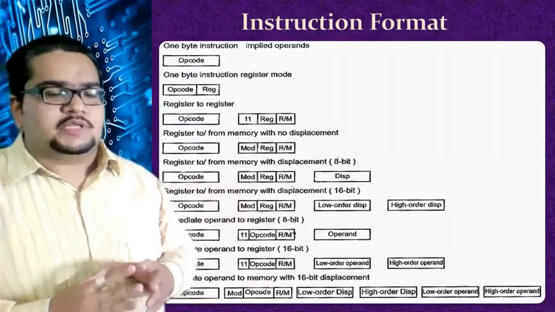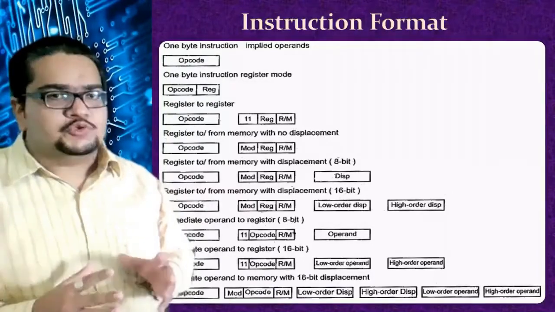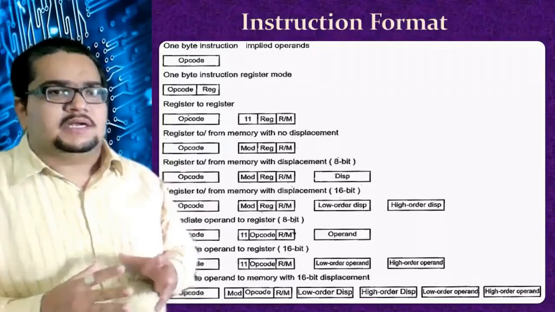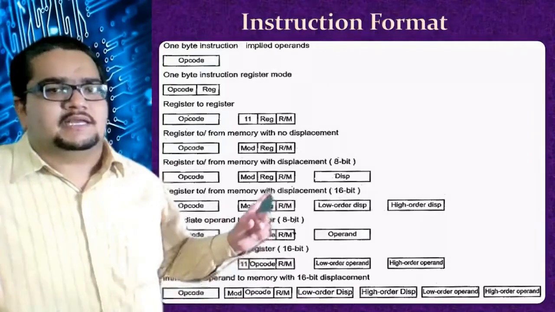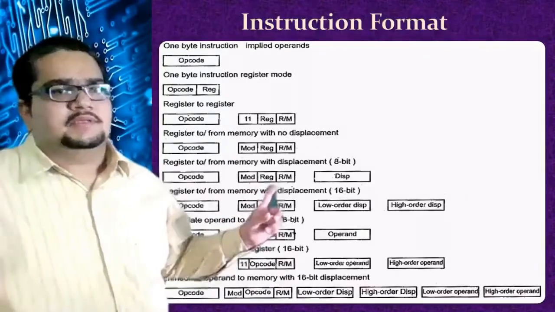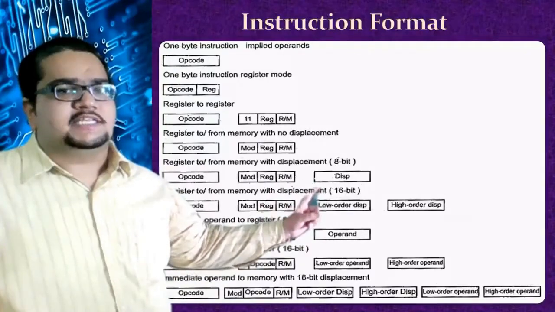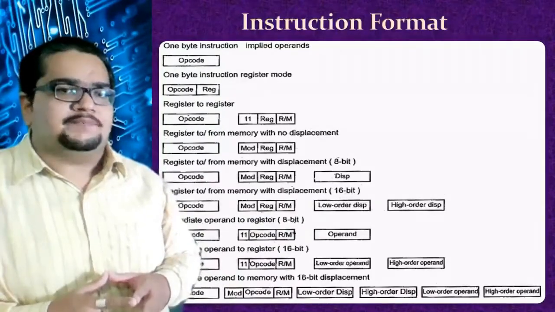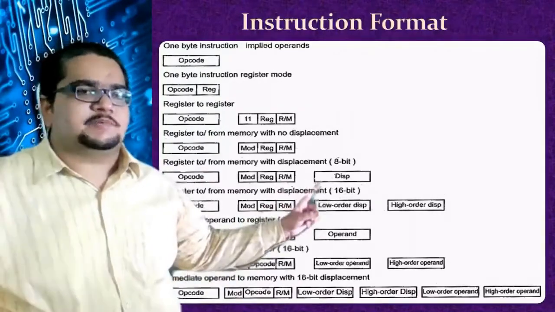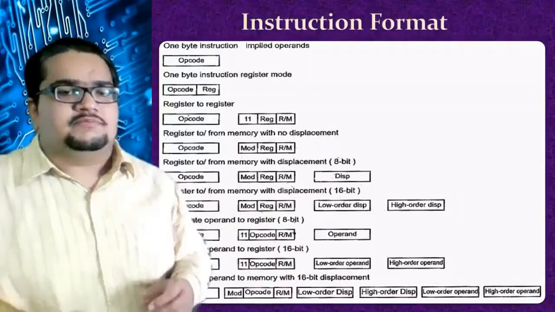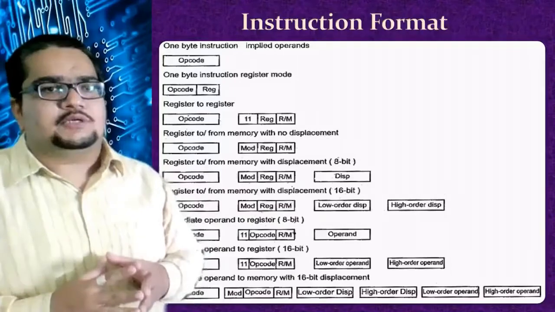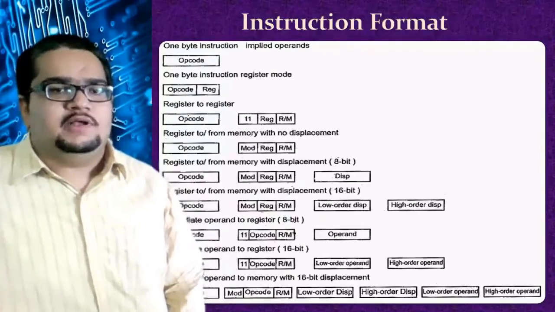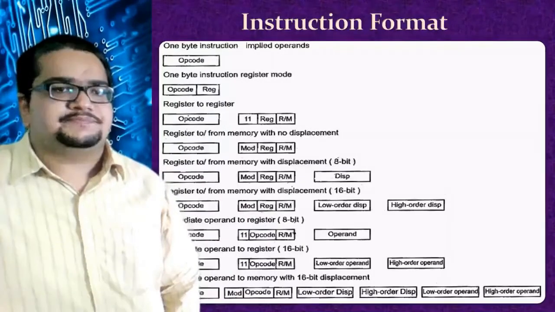For pointing to memory locations also, there are many different ways. There is a table for that, which we saw in our previous class. Today also we'll touch on that to understand the addressing modes. Next, one format available has a second byte and a third byte that gives the displacement, where the r/m field and this displacement number together give the exact location of the data. We'll talk about this properly and clearly today to understand the addressing mode concepts. So this is about all the different instruction formats.